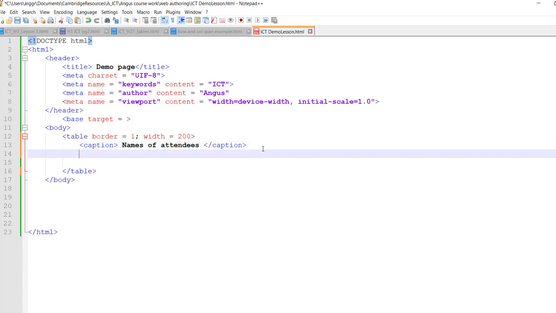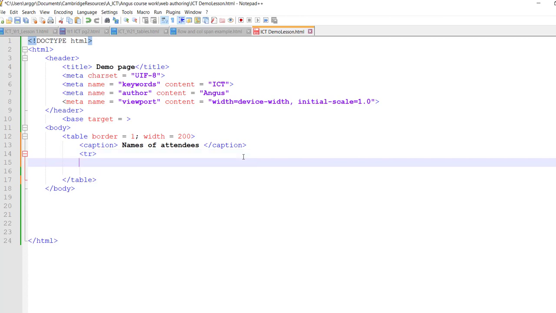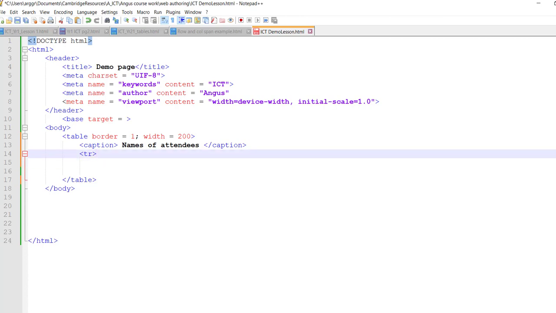Alright, and now I'm going to start with my actual table, and remember that a table has a row, and then in the row you've got the cells, and those become your columns. So we always start off with table row, and then if you have your table you're going to have your headings at the top, so we use that tag table heading, and let me just skip down here,